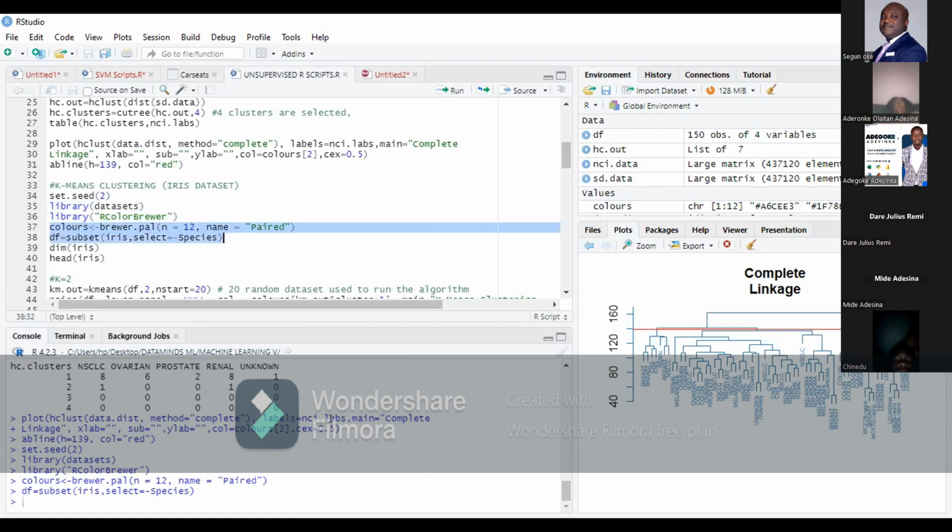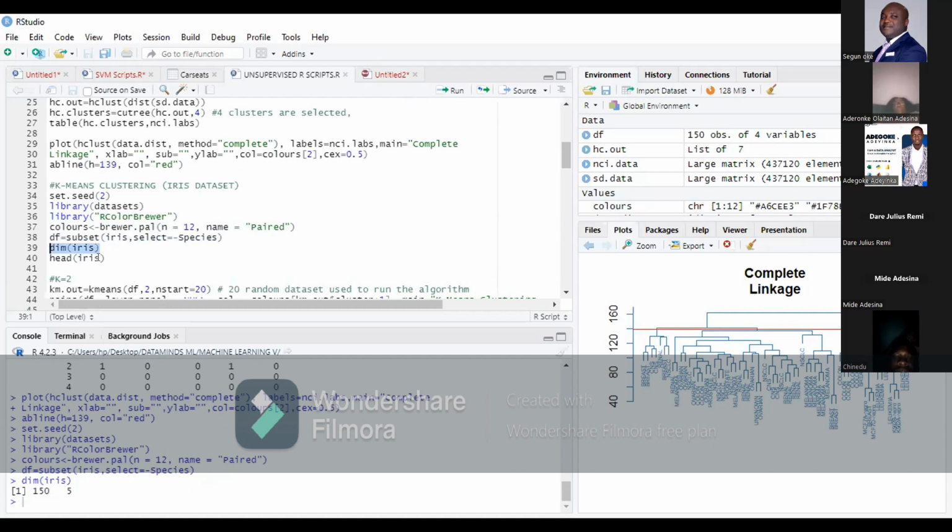We have a subset there. The subset is actually the species. Every other set apart from... where are we? Okay, we have our species there. All right. Okay, so now let's look at the dimension. The dimension for our iris, we have